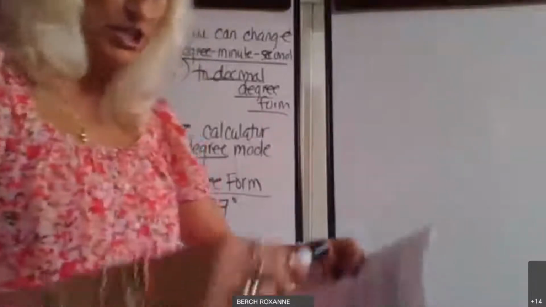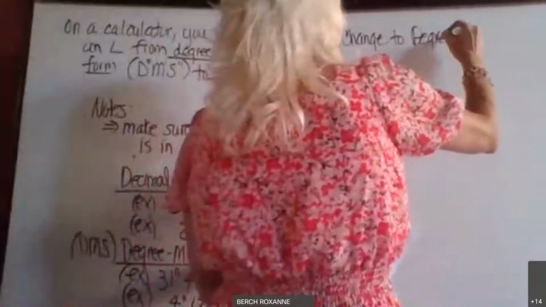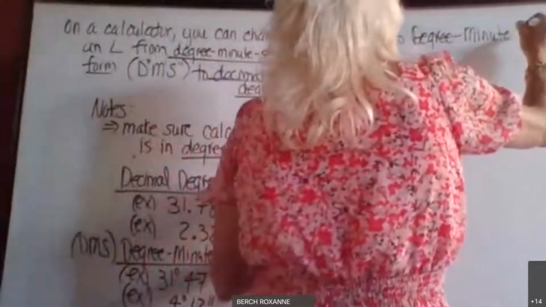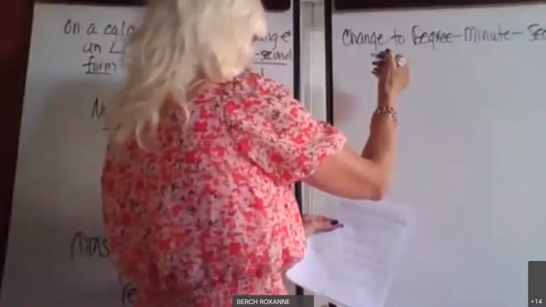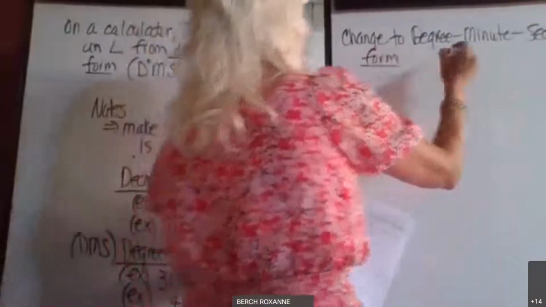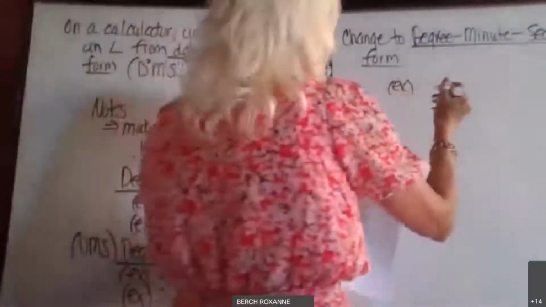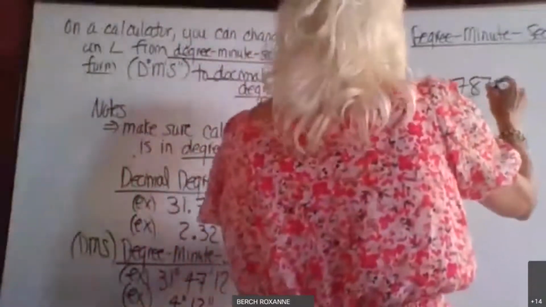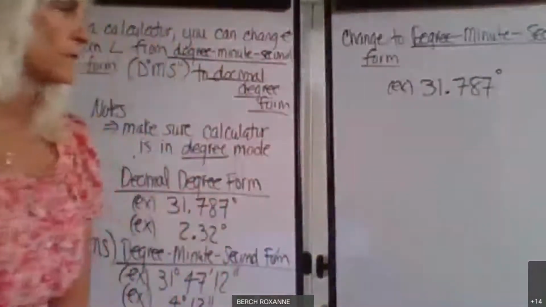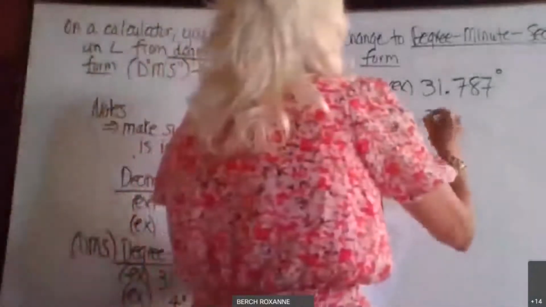So let's use the calculator to change to degree, minute, second form. Not mode, form. This is pretty easy. Let's say you have decimal degree form, 31.787 degrees. Okay, you're going to put in the calculator